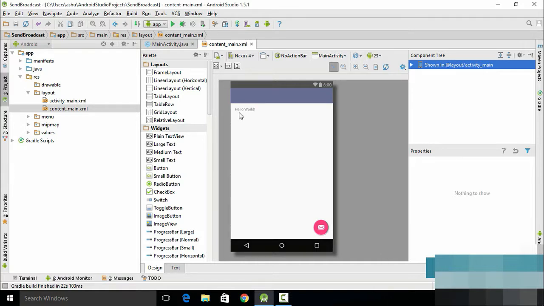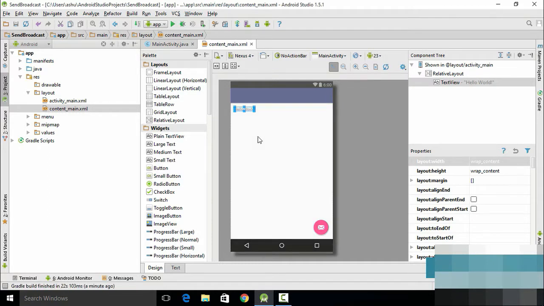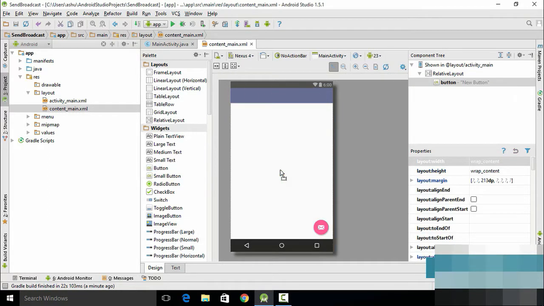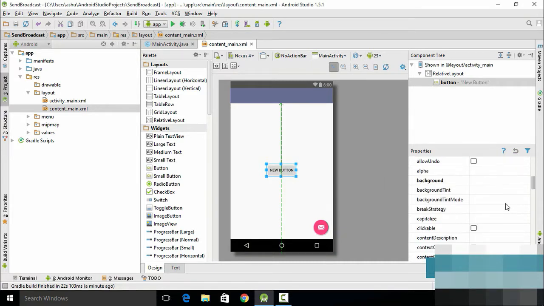The first thing which we do is that we remove the hello world, and the next thing is we drag a button and place it over here, and let's name this button as send broadcast. So we change the text to send broadcast. And now once we are done with this, we also set the ID of the button so we could reference it. So we go to properties and change its ID to